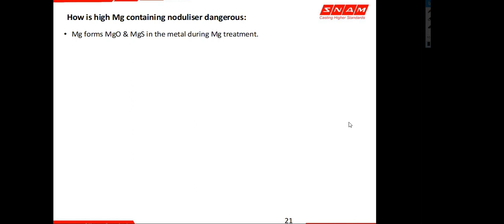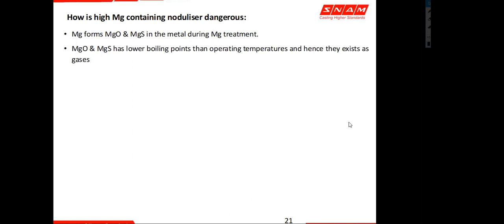Some can talk of magnesium sulfide going into the core formation, but only a small amount of magnesium is required to combine with sulfur to form the core. The excess magnesium is again dangerous. It starts giving agitation, starts giving violent reaction. It starts to go out as vapors. So these two have got lower boiling points at the operating temperature, so they just go out as gases or get precipitated outside the liquid metal along the surface. So these are responsible for violence and flares.